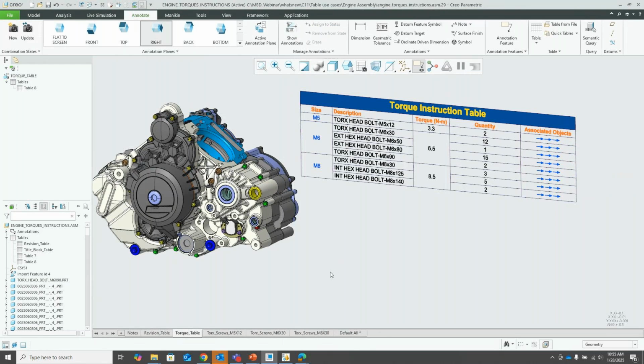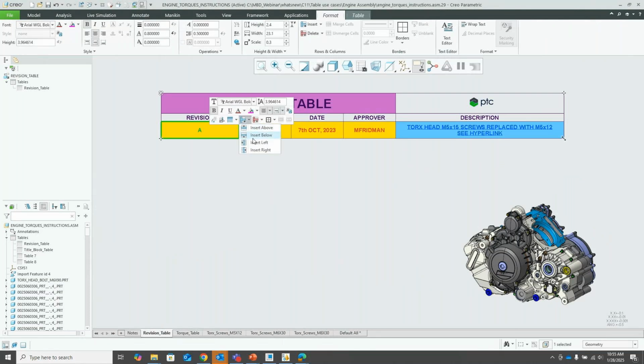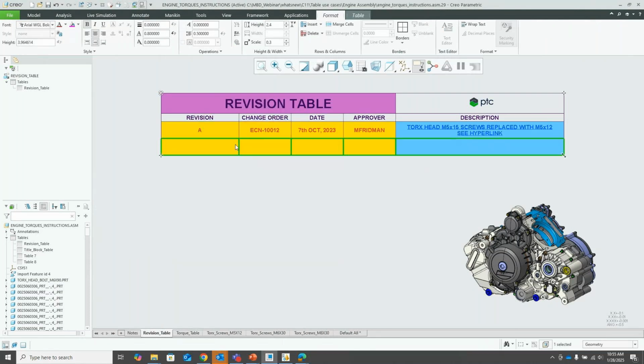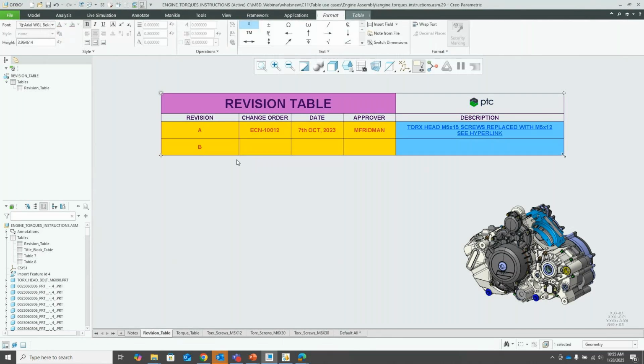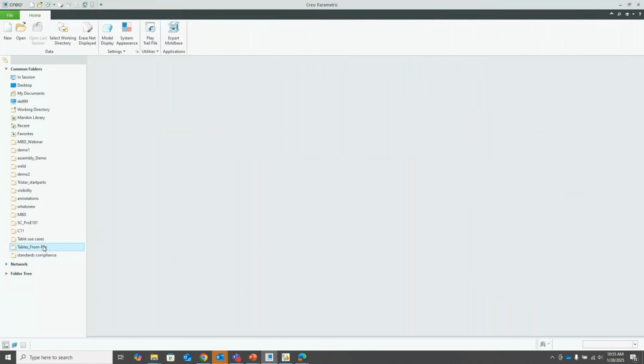And if I want, I can go to another state here where I have a revision table, and maybe add, for example, insert another one below this. We'll just call it B, and we'll just say ECN 1, 2, 3, and maybe we'll just put in Tiago, and things like that. So yeah, it could be used even in parts, for example. So there's a lot of use cases for